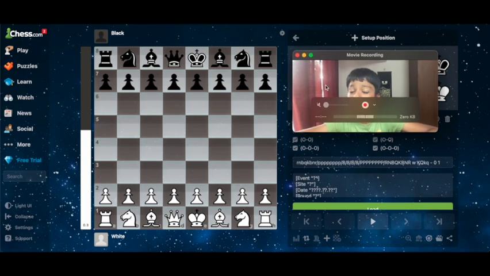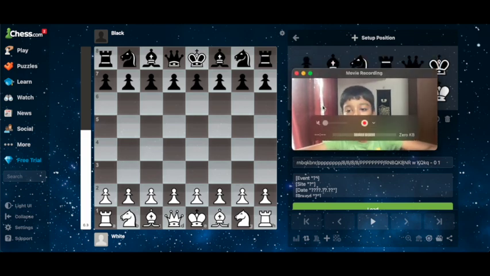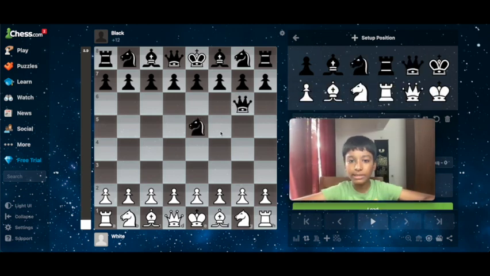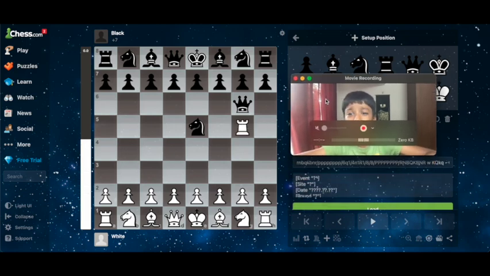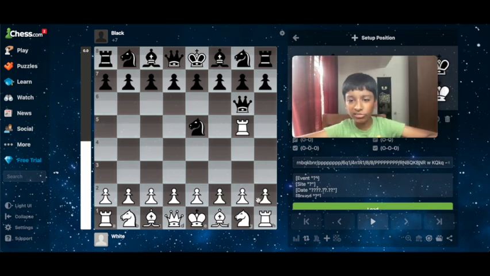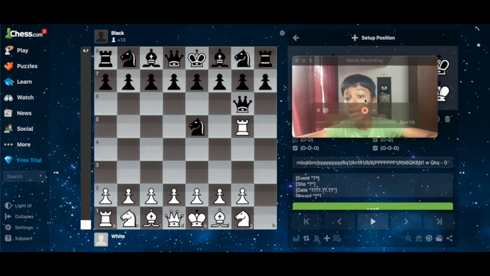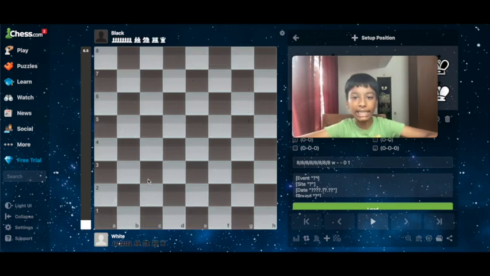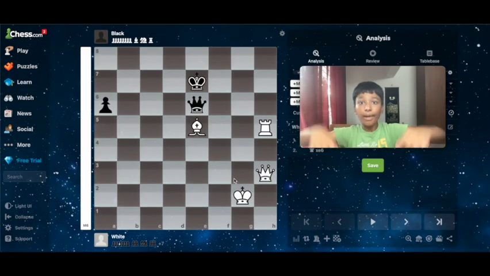Now, if you want to add pieces to the board, then you can just drag pieces like this. Put a knight in, put a queen in. White's pieces are over here. If you want to remove pieces from the board, just drag them right off the board and they'll be just gone. And if you want to delete all the pieces off the board, just click this handy little trash can icon that clears the board. Alright, back to this position.